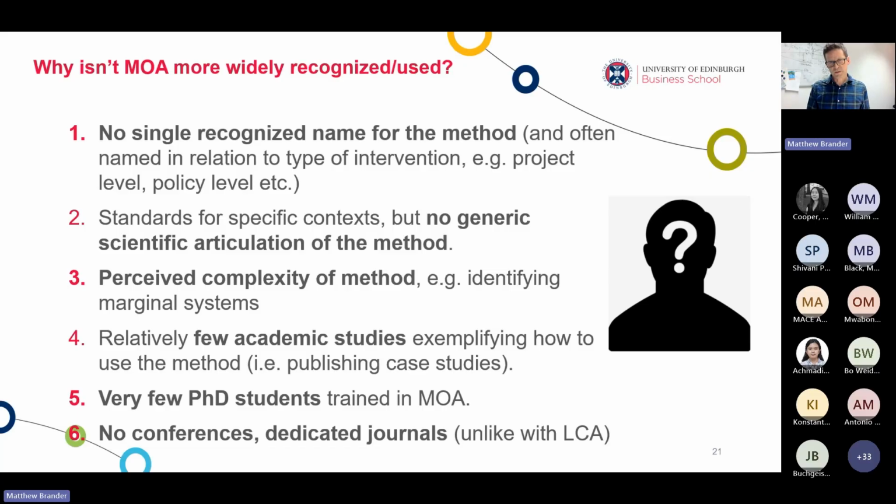Identifying marginal systems is often perceived to be difficult, and I think this probably applies to consequential LCA as well, as one of the factors that's held back the wider adoption of consequential LCA as well. Certainly in the case of MOA, there are relatively few academic studies that exemplify how to use this method, and I think this is something that's very